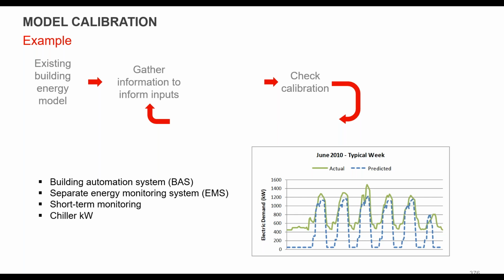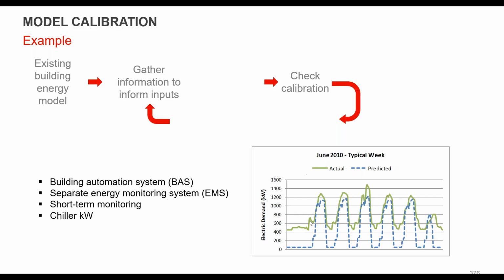So next thing is dig a little bit deeper, right? In this case, this building specifically had a BAS system. It also had an energy monitoring system that was looking at total electric demand in the building. And we also deployed some chiller logs on this one to get chiller kW. So when we started looking at the hourly, this is in June, this is just hourly data. We were looking at demand every 15 minutes.